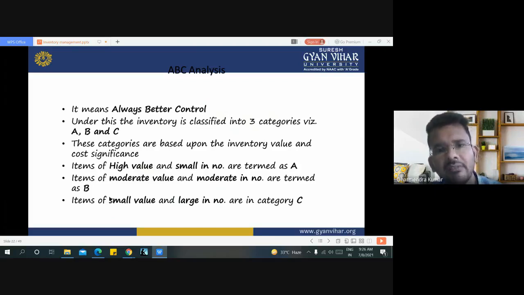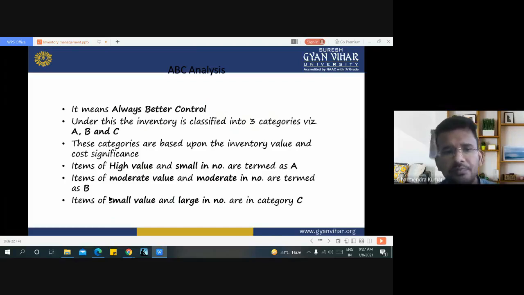Under this, the inventory is classified into three categories: A category, B category, and C category. These categories are based upon the inventory value and the cost significance. The most important consideration in this technique is the inventory cost or